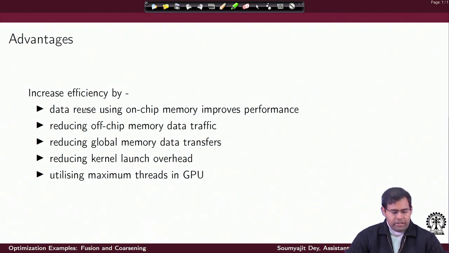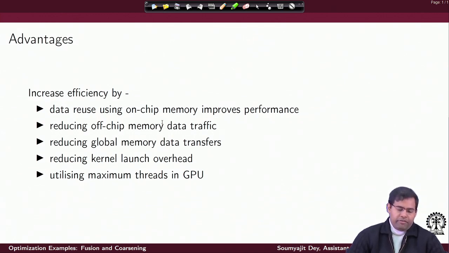It may happen that I have data reuse using on-chip memory, if that is a property of the individual kernels, that they are actually accessing data from the same memory, from the same data elements. Then by fusing them, I am able to leverage the reuse of the data through the hierarchy of cache and shared memory in the SM, through the memory hierarchy of the GPU, and that would improve the performance, right?